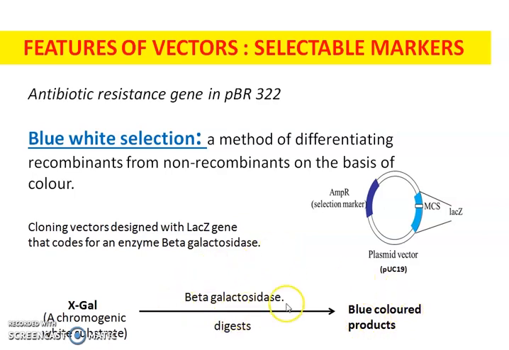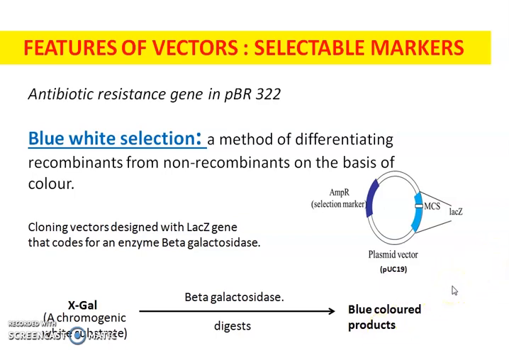So the basic idea behind this cloning vector with the lacZ gene is that when cells are cultured in a nutrient medium, if X-gal is given and the cells have taken up this plasmid with lacZ intact, the cells will digest it, because the lacZ gene will code for beta-galactosidase. So the enzyme being present will digest X-gal. The colonies in the culture plate, because they are consuming the blue colored digested matter, will appear blue in color. So this is the basic concept behind lacZ as a selectable marker.